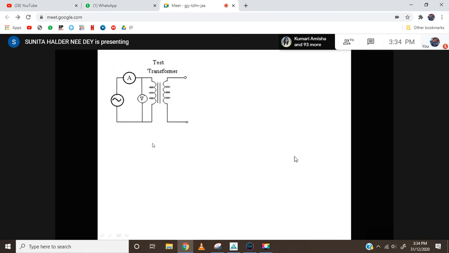Now you see what will be the circuit. If this is the test transformer, to measure the current I would connect an ammeter in the primary, and to measure the voltage a voltmeter in parallel on the primary side. But here you don't want to measure the current, but to observe it in the oscilloscope. Oscilloscope does not understand any current. It can sense only voltage. There is only voltage input in the oscilloscope. Then how can we observe the waveform of a current?